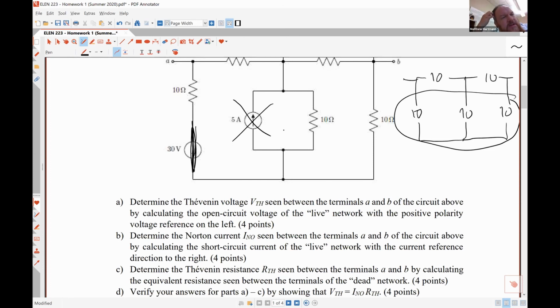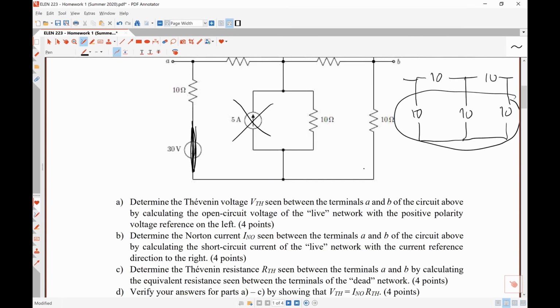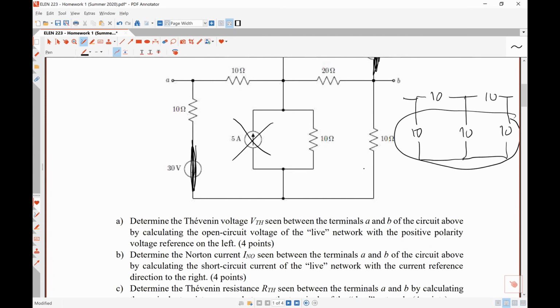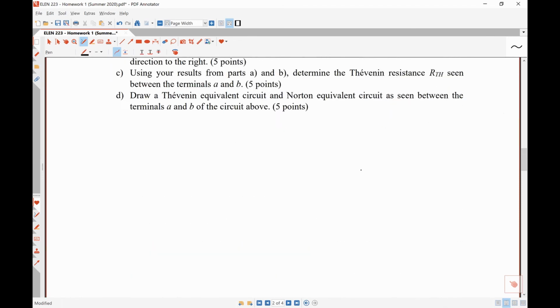Which problem are you trying to apply LTSpice to, or are you just talking about in general? I was trying to apply it with number 3 or number 2, I don't remember, but I was trying to use the